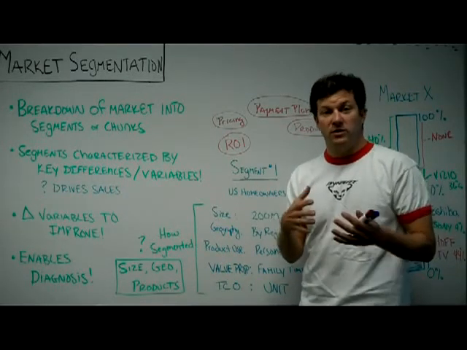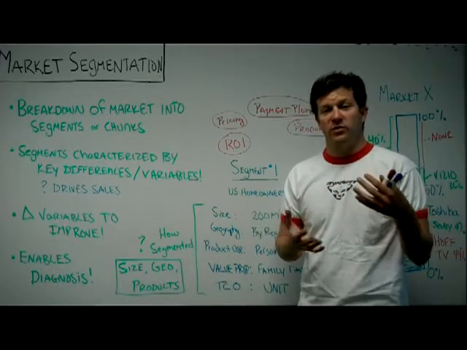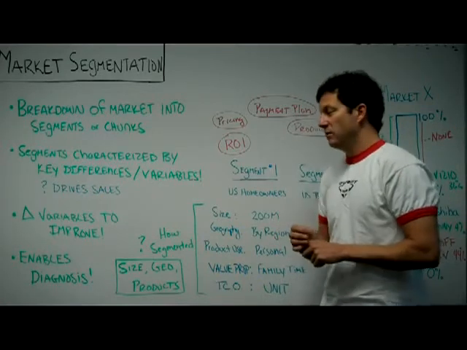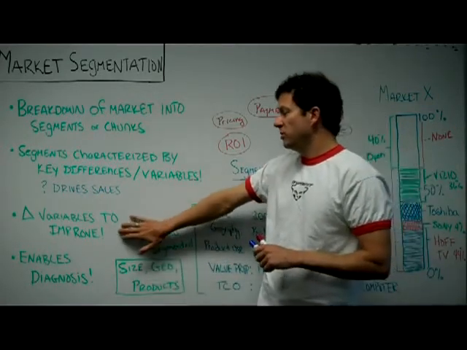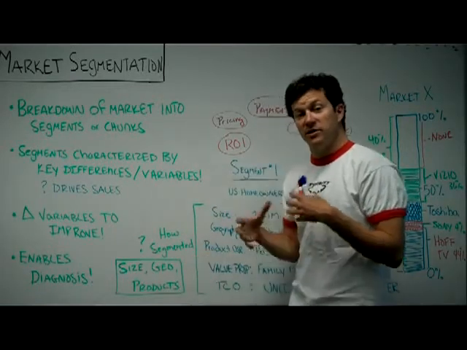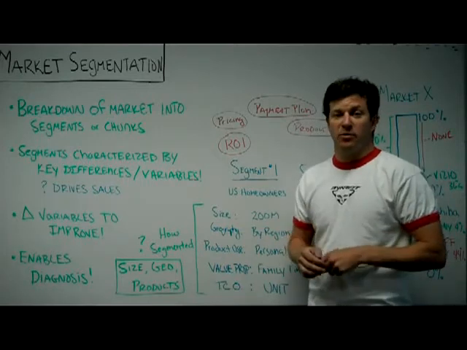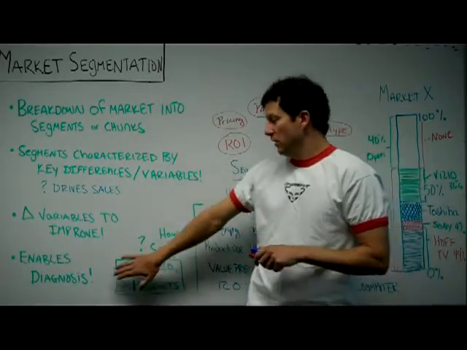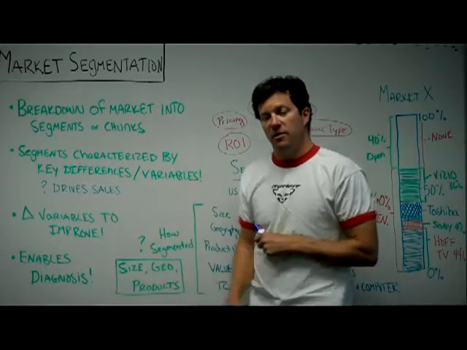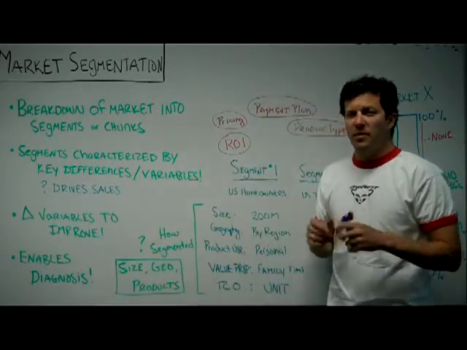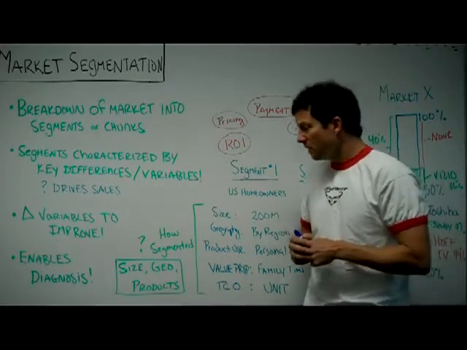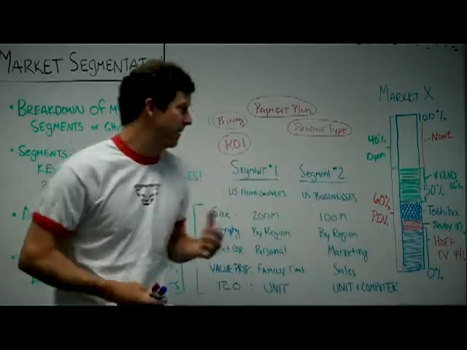in order to diagnose problems, in order to try to improve sales, and also in order to develop and deliver the best products. So it's important that changing the variables is what you do to improve your sales. Once you isolate your segments and decide on the variables that are important for your business, it allows you to diagnose problems or make changes and test those changes and therefore improve sales. So almost all companies go through some sort of market segmentation. They look at their market and they break it into pieces. And let's talk about how that happens.